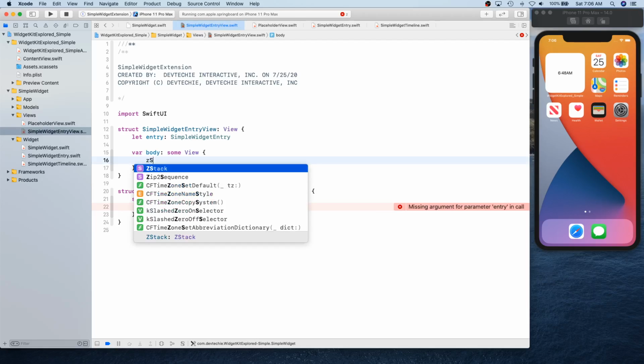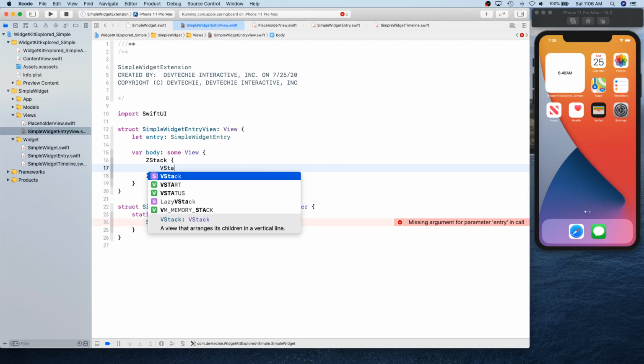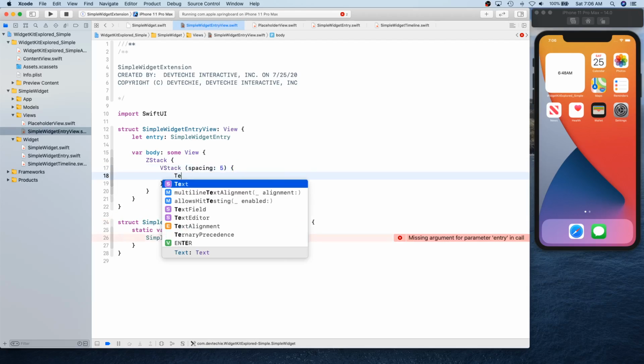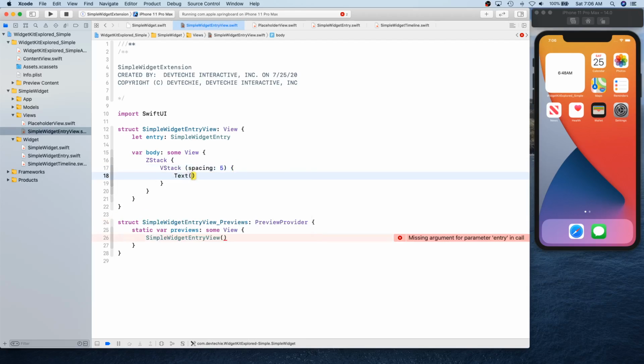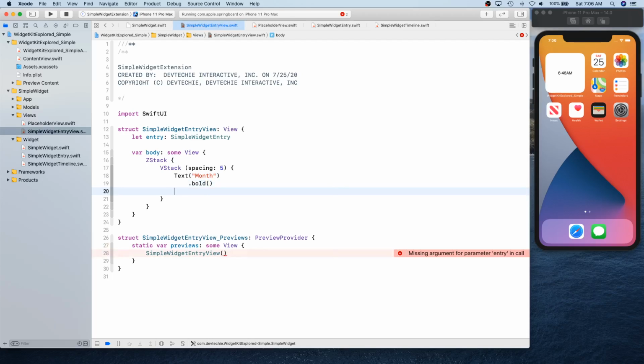We're going to create a simple ZStack here, and in the ZStack we're going to have a VStack with some spacing. It's going to have a text showing the month. We're going to create a helper function for that, but let's just type month for now.